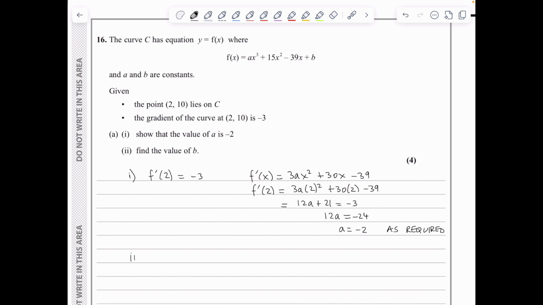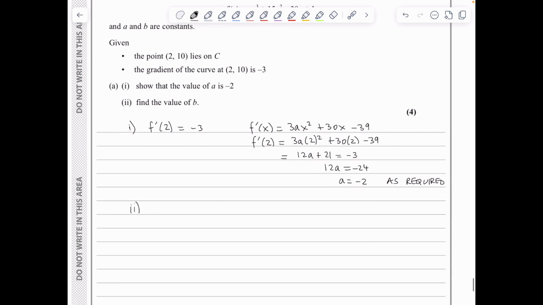Now to proceed and find the value of b, I will use the fact that f of 2 is equal to 10, and therefore we've got that 10 is equal to negative 2 times 2 to the power of 3 plus 15 times 2 to the power of 2 minus 39 times 2 plus b. So I have substituted a with the negative 2 we just found. We have substituted x with 2. The only unknown is b. So we've got 10 is equal to negative 34 plus b, and therefore we conclude that the value of b